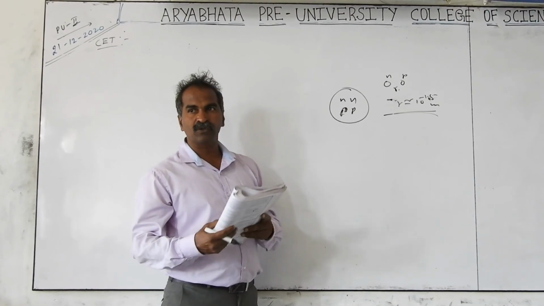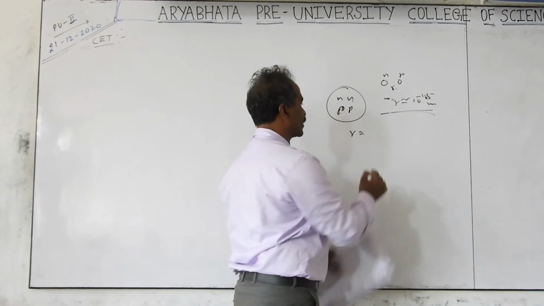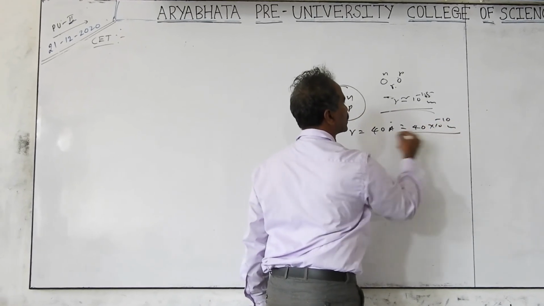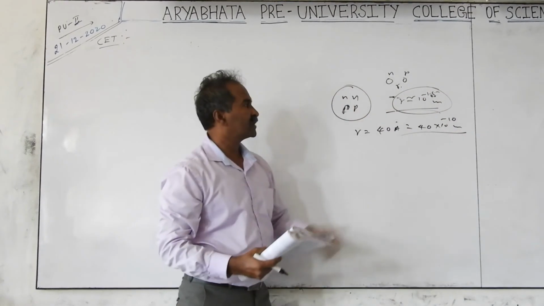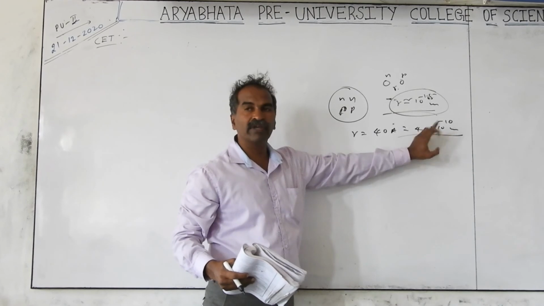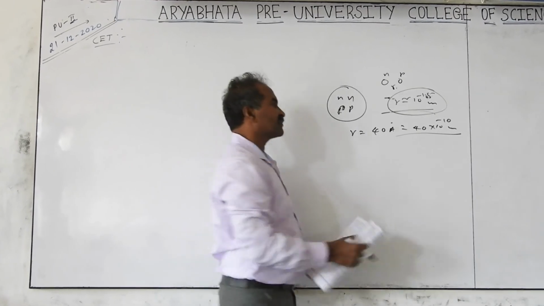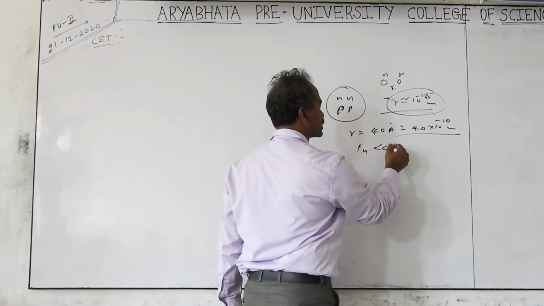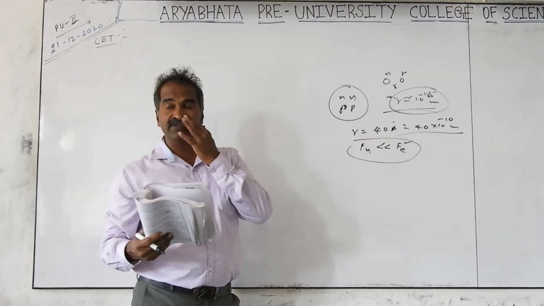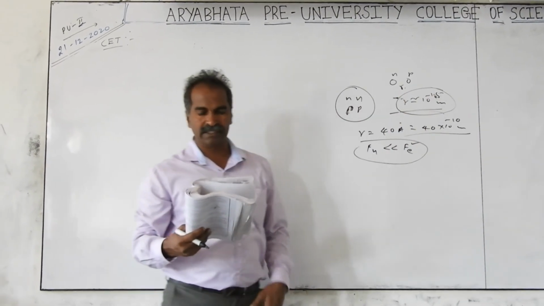In question number 110, what they give is that the distance between the particles is in the order of angstroms. 40 angstroms is given, which is nothing but 40 into 10 to the power of minus 10 meters. It's not in the order of minus 15. This number can be multiplied 2 times, 3 times, that is okay, but the 15 order should be required. If a very large distance like centimeters or angstrom units is given, that force is negligible. That means if a large distance is given, the nuclear force is much less than the electrostatic Coulomb force, and Coulomb force dominates over the nuclear forces. If the distance is very small, in this order, the Coulomb force will be lesser, but nuclear force dominates over Coulomb forces for small distances.